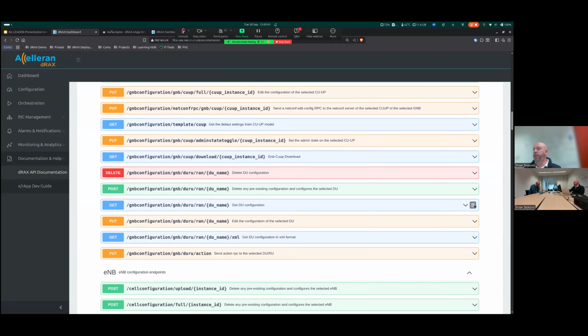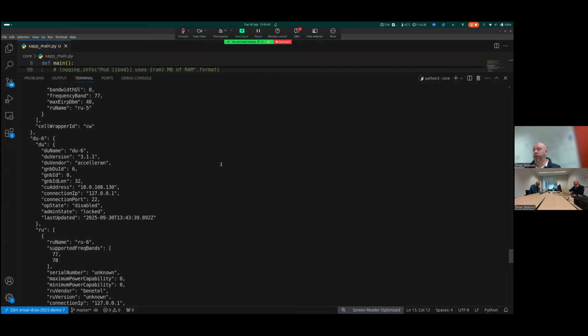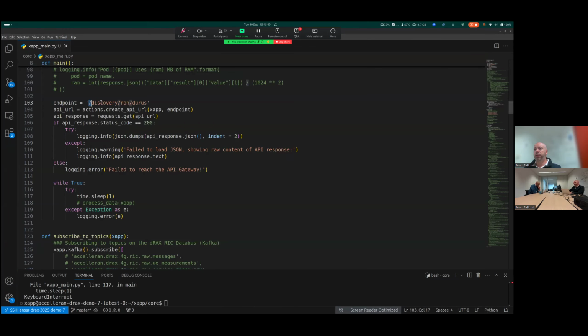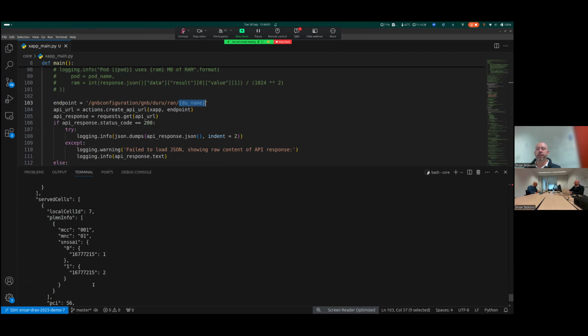So if I copy this one and go back to my xApp and stop the xApp, of course, now we're going to be looking at a different endpoint. And as you can see, this endpoint actually has a variable inside of it, or a parameter that I need to give. The parameter is always that root name that you see from the discovery endpoint.